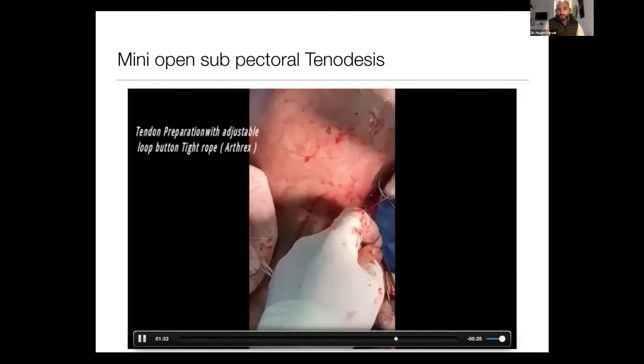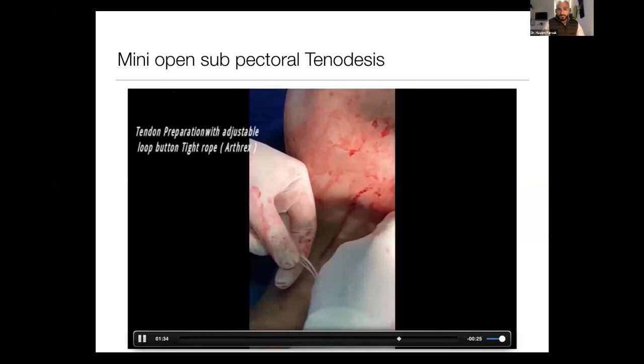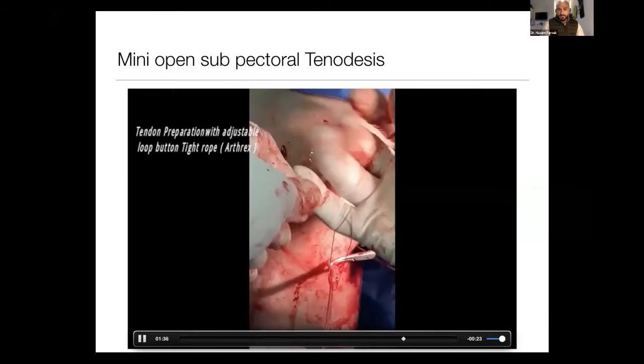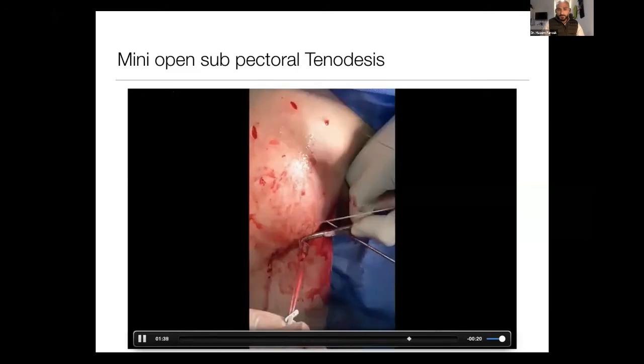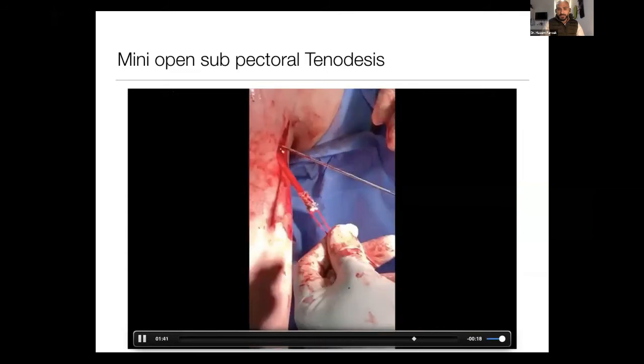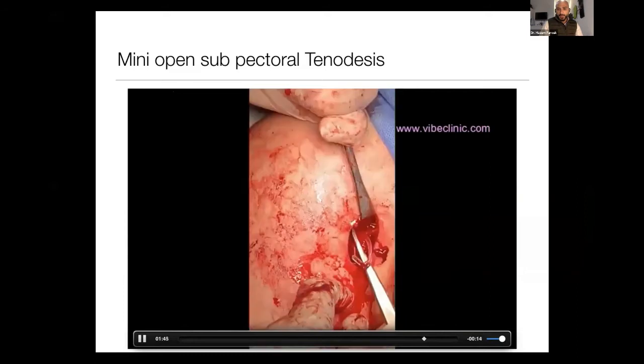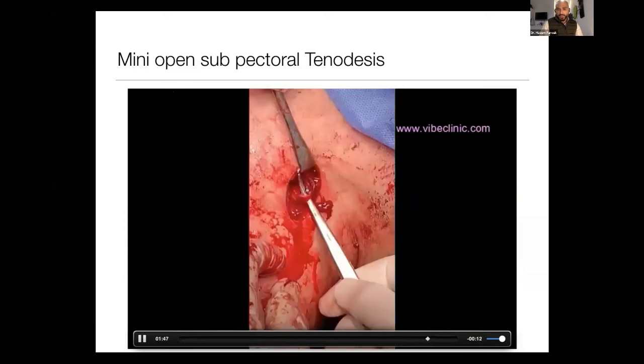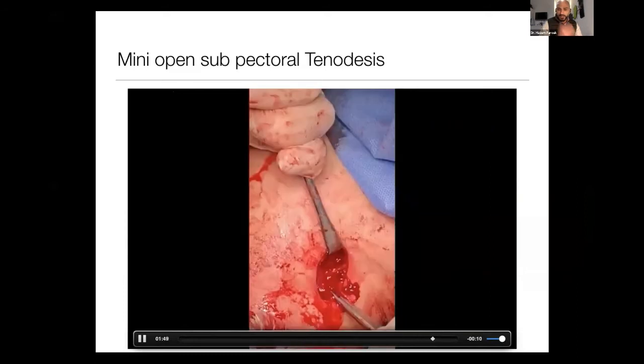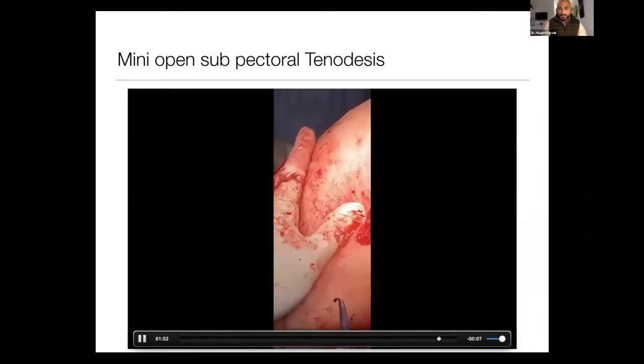And then I suture my tendon around the loop like this. And then I pull it inside. This is where I will... this is the guide wire. And then I pass my sutures and I make sure that it is directly passing into the groove, and I